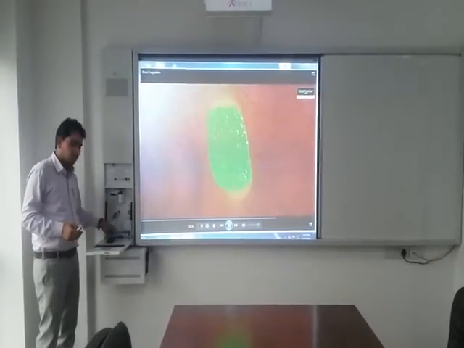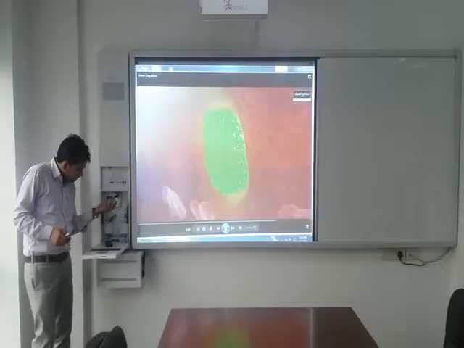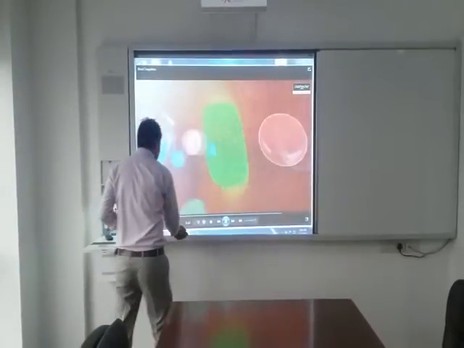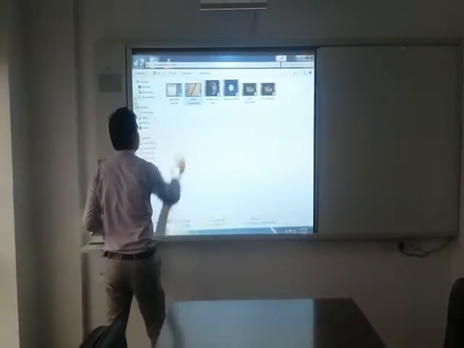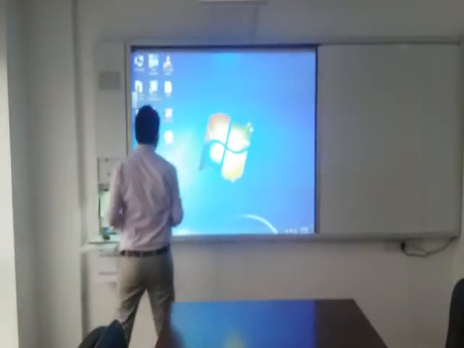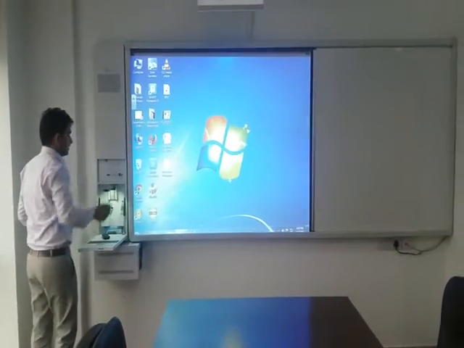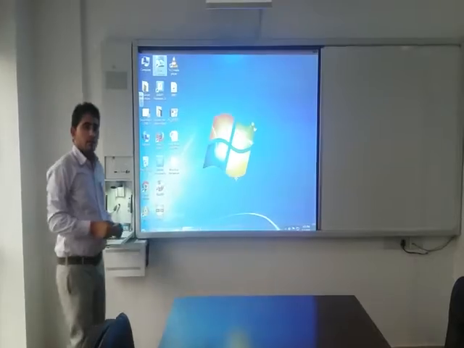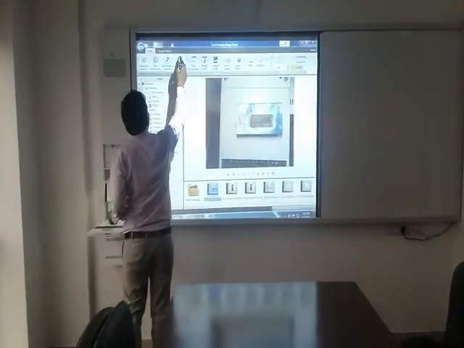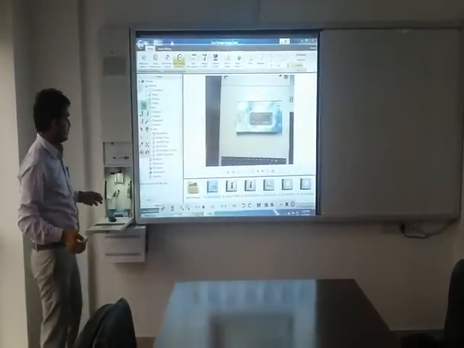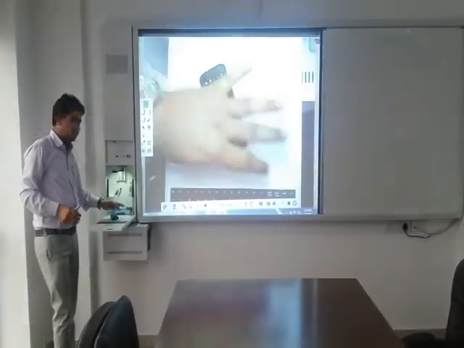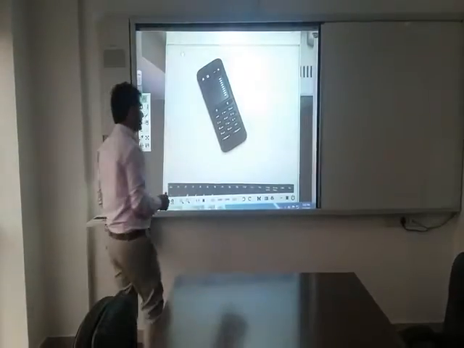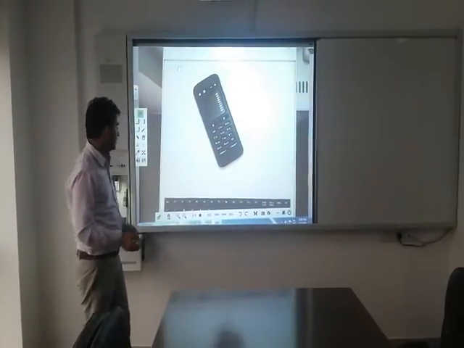Now this is the document camera visualizer. This is the on button. Okay. Now this is the software. The support software of this visualizer is Scan Secretary. If you want to show some objects to the students directly, some live images, just put your object here and we can see it on the screen. If you want to capture the image, then you can capture also.